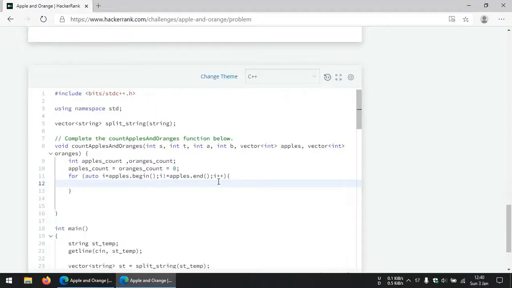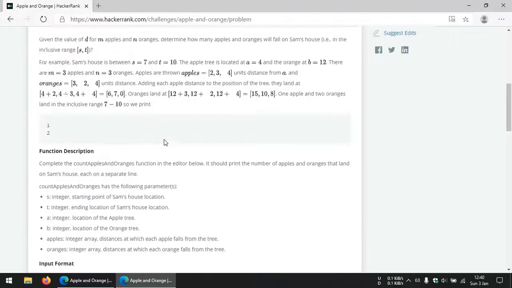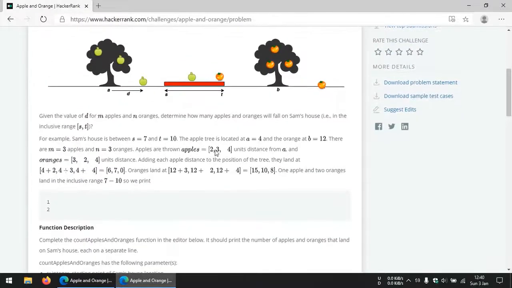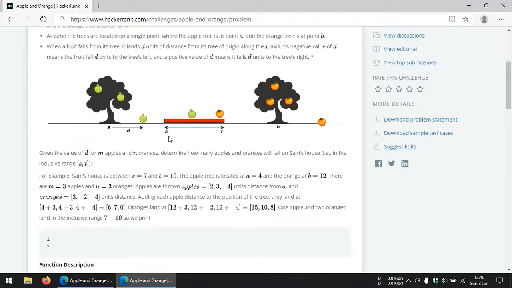During each iteration, as I said earlier, we add that distance to the position of the apple tree, and what we get is the point at which the fruit has fallen on the x-axis, or on the ground. Then we check if that point lies within the range, that is, greater than or equal to S and lesser than or equal to T, since both S and T are included.